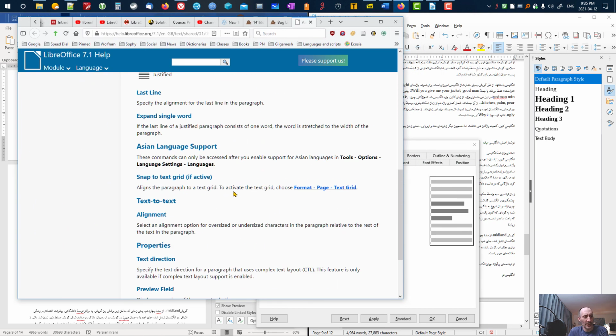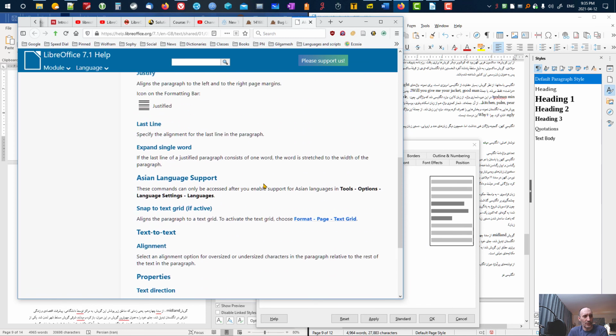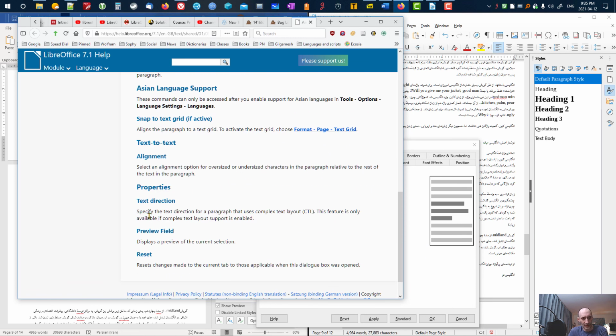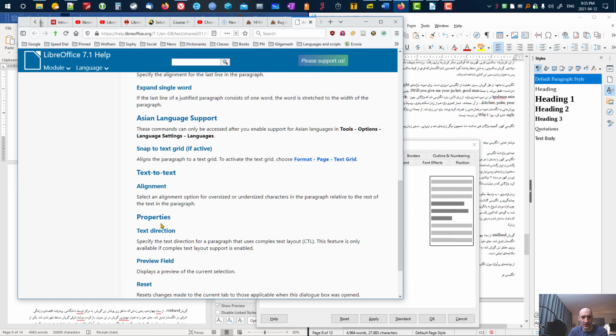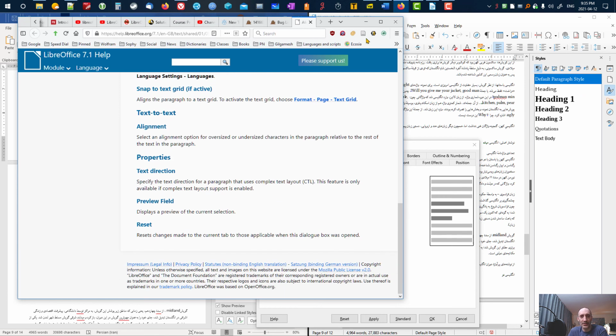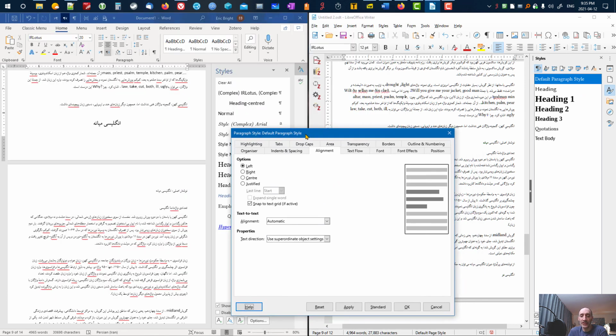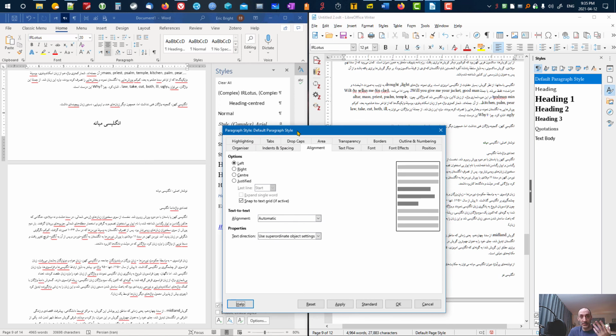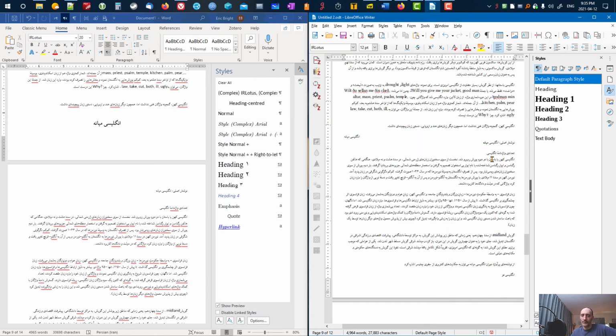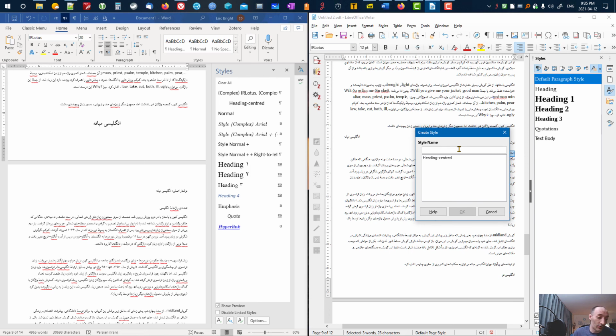So when we set it to text direction, the explanation is not, at least there is something here that you can refer to, but it doesn't really say what that means. Anyway, I don't want to change the entire default paragraph style to Persian, to right to left, but nevertheless I can actually create a new one. Hold on a second, why not? I can create a new one based on the selection. I can call it Persian,